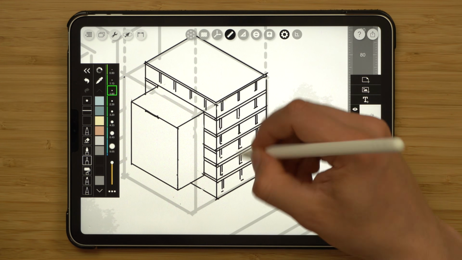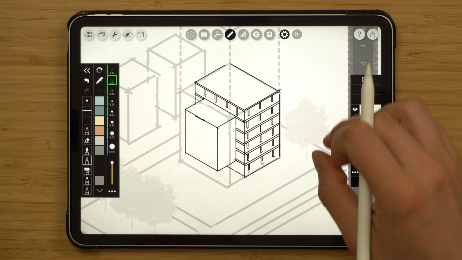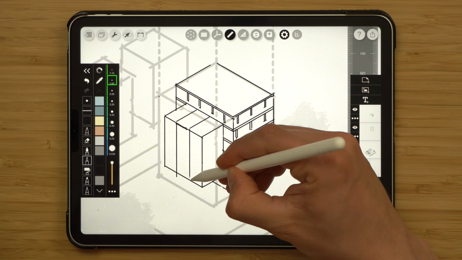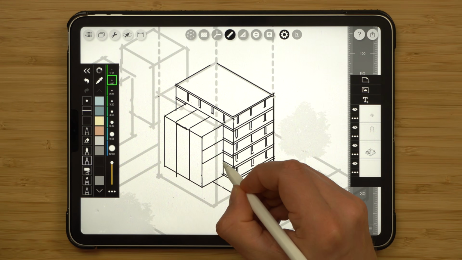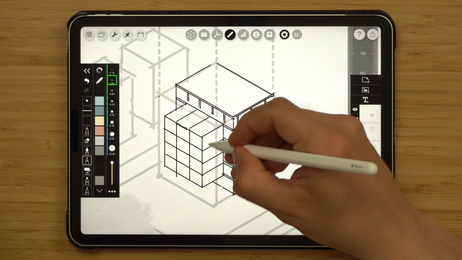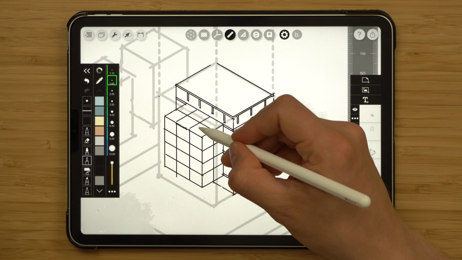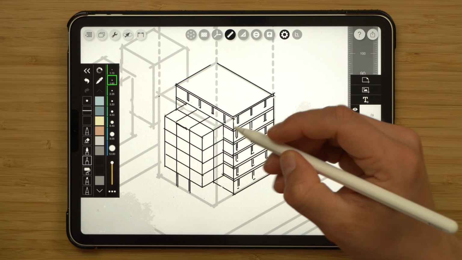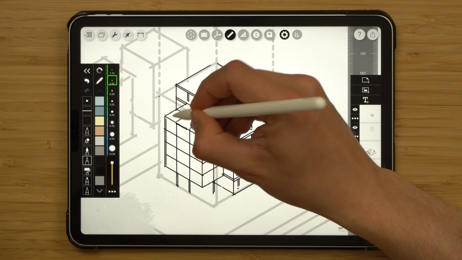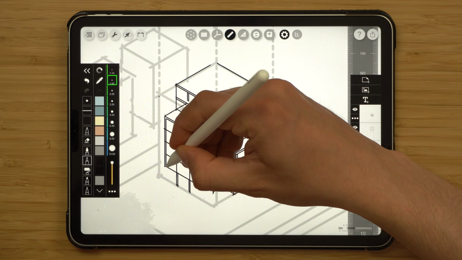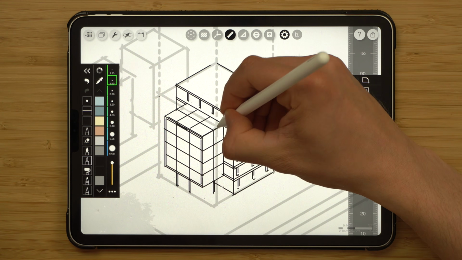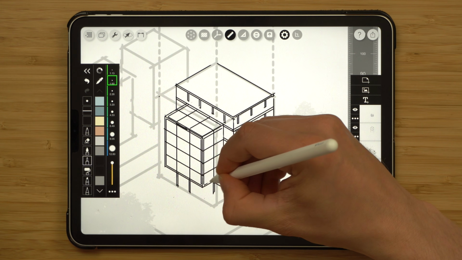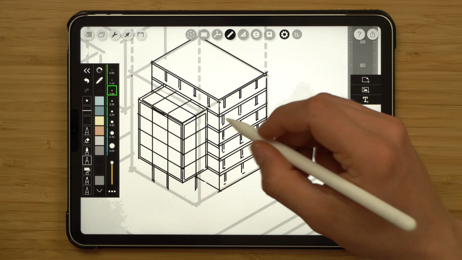So I'm just plotting the base of these columns so I can remember where to put them when I trace over. You can also add a couple of subdivisions to this theater box, following the structure, being in line with the structure and the columns, and also side subdivision. And then what I probably want to have is a structure as well, indicatively, that supports the base of this box. And then I might as well indicate the thickness of the edges of that box. Don't know if that serves any particular purpose, but I'll just show them anyway, so I think they add to the interest. And lastly, I might add a stair.